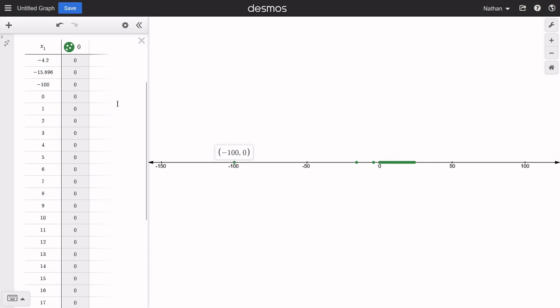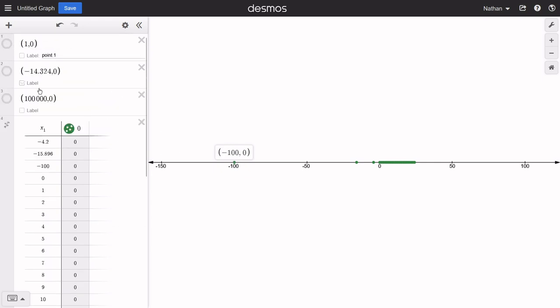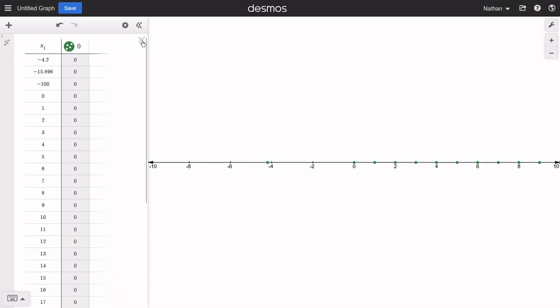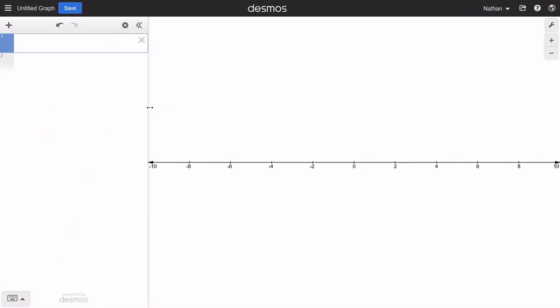Okay, so I've shown a table of values there, and I've shown individual points, but in general, we like to use variables and sliders in Desmos to show a lot of variety in one succinct expression. And so to do that, I'm just going to delete all that stuff. I'm going to use a variable